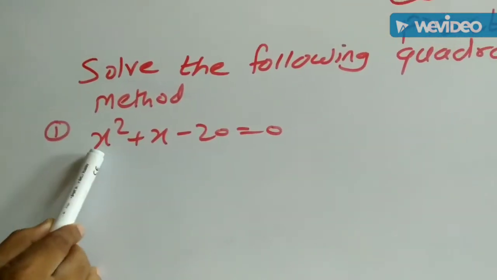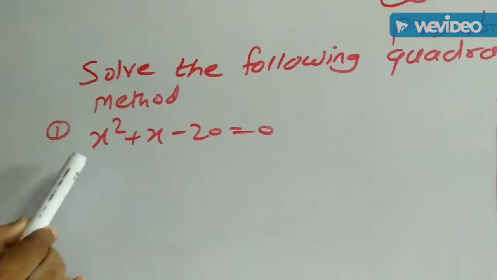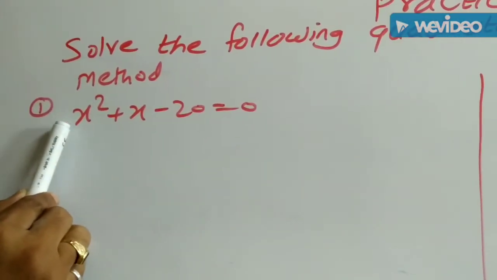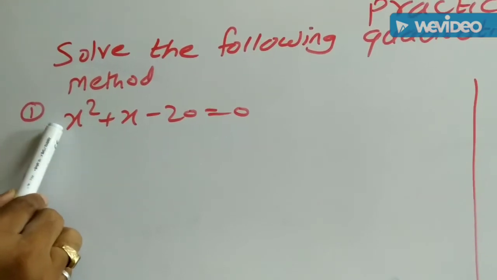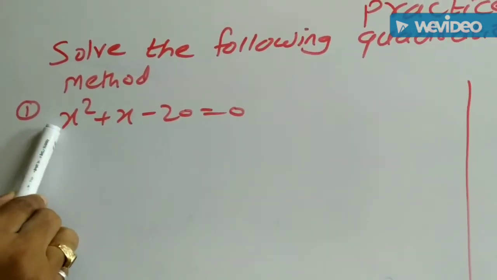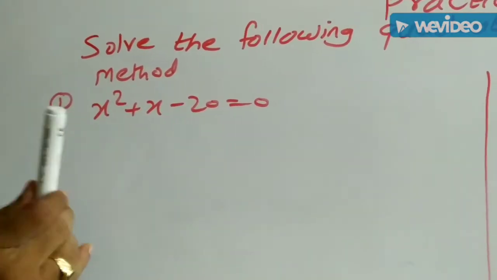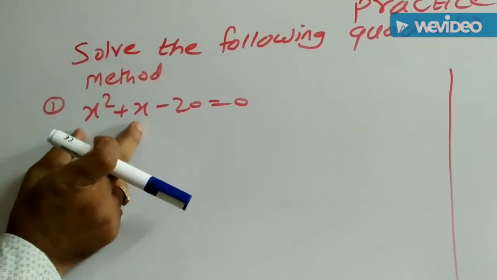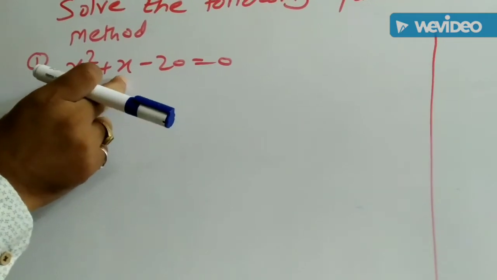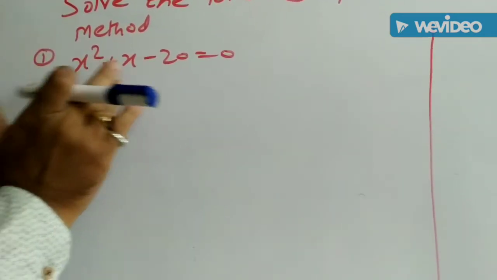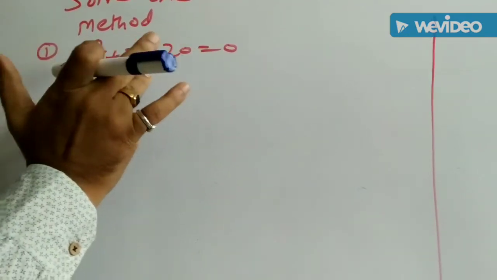Then see the coefficient of square term. If it is 1, then solve directly. If the coefficient of square term is not 1, then firstly make it 1 by dividing by the same coefficient of the square term, and then considering the two terms of the LHS of the equation, find the third suitable square term to make the polynomial a perfect square.